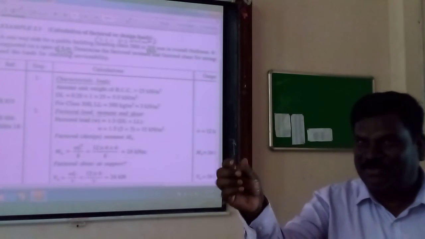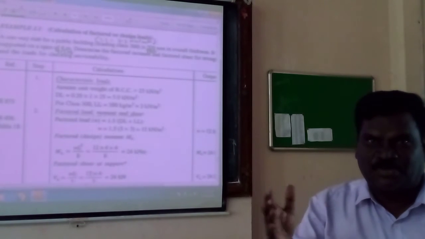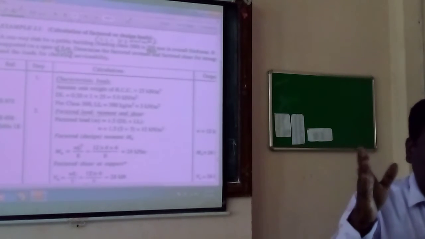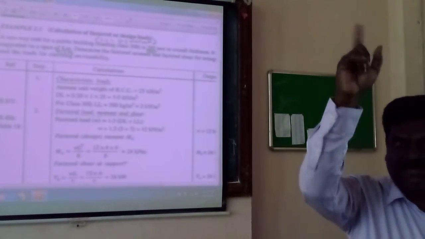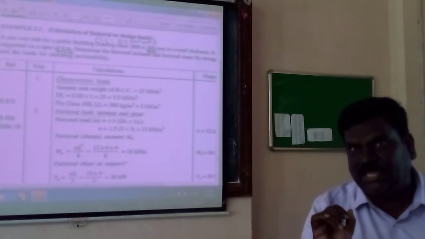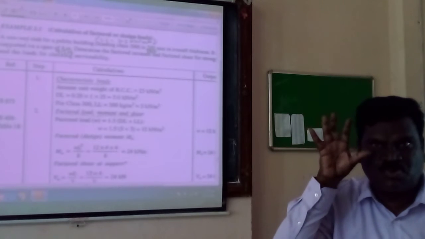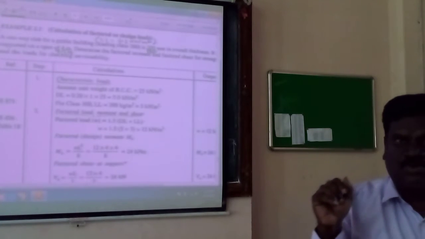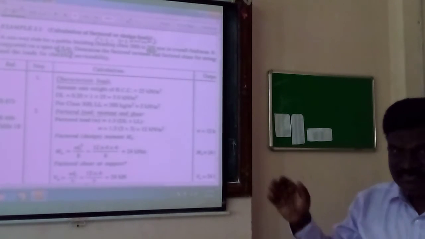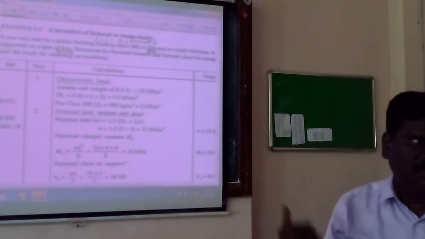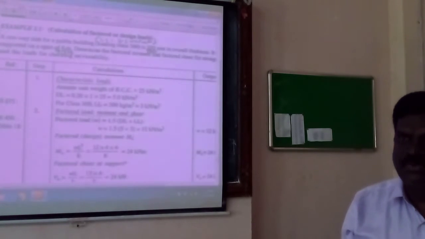The shear force is maximum at support. At the mid span, shear force changes sign, whose value is 0. Where the bending moment is maximum, there the shear force is zero. That's why you should know all these things in mind. Immediately the shear force and bending moment diagram should come into your picture when I talk about a simply supported beam, right? Which is WL by 2. Total load, half of it, WL by 2.